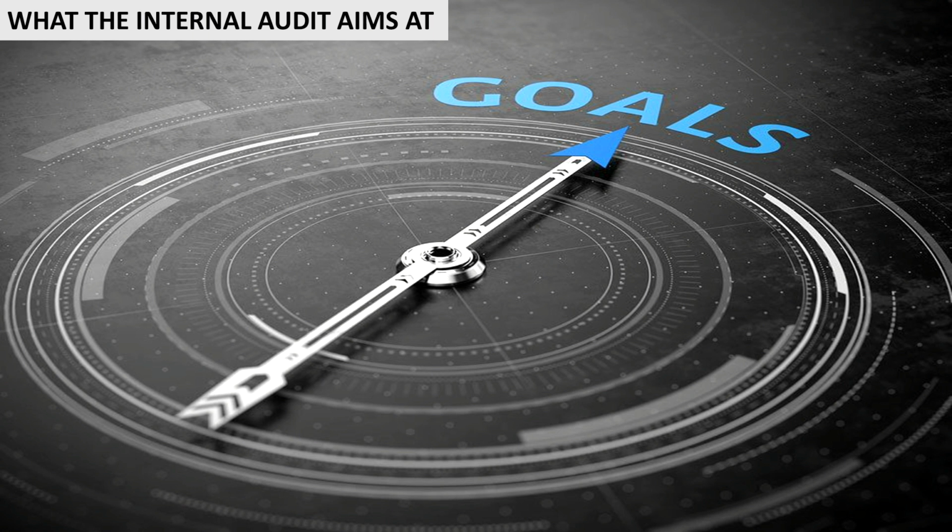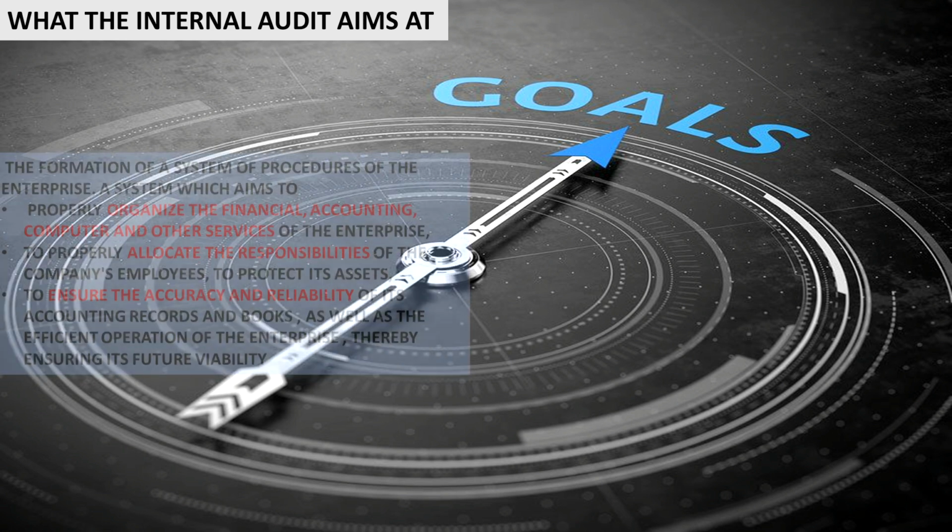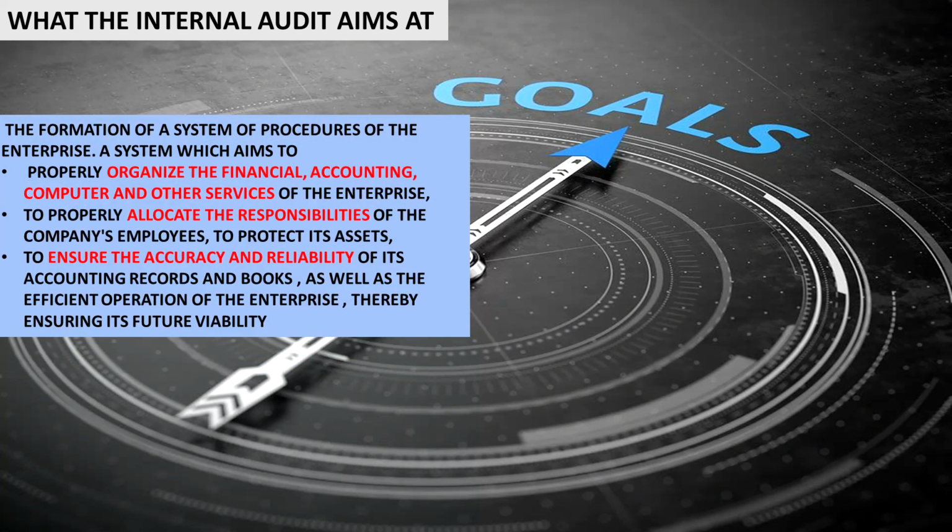Internal control is the most useful tool for the smooth operation of the company and for its development. This is explained by the purpose served by internal audit. The main objectives of internal audit are two. The initial objective is the formation of a system of procedures of the enterprise, a system which aims to properly organize the financial, accounting, computer, and other services of the employees, to protect its assets, to ensure the accuracy and reliability of its accounting records and books, as well as the efficient operation of the enterprise, thereby ensuring its future